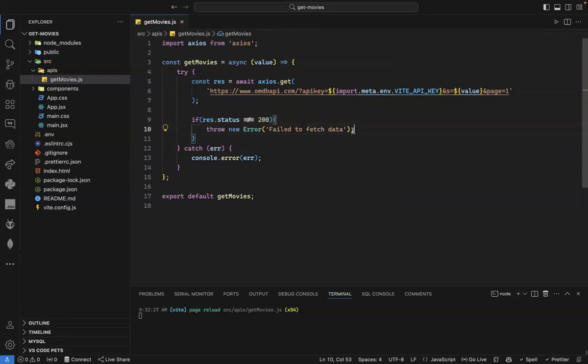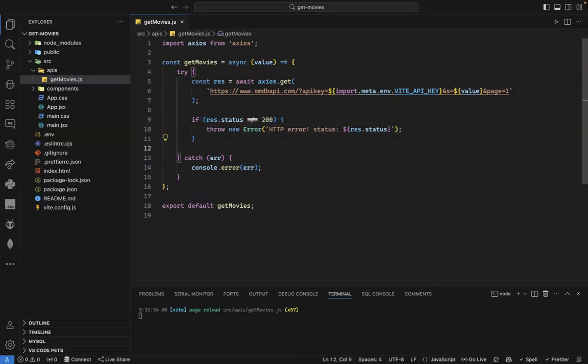So I will throw a new error. Of course, I don't want that. I told you I need the status. So I can just say here, HTTP error status, I need the status code. Else, what do I need to return? Well, else I want to return